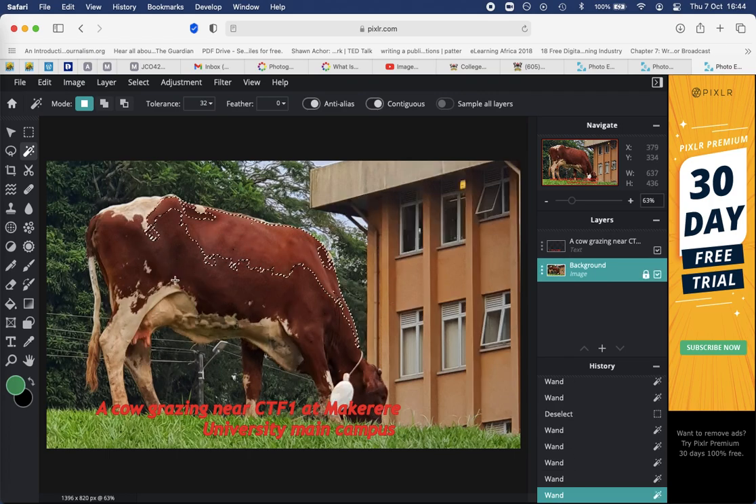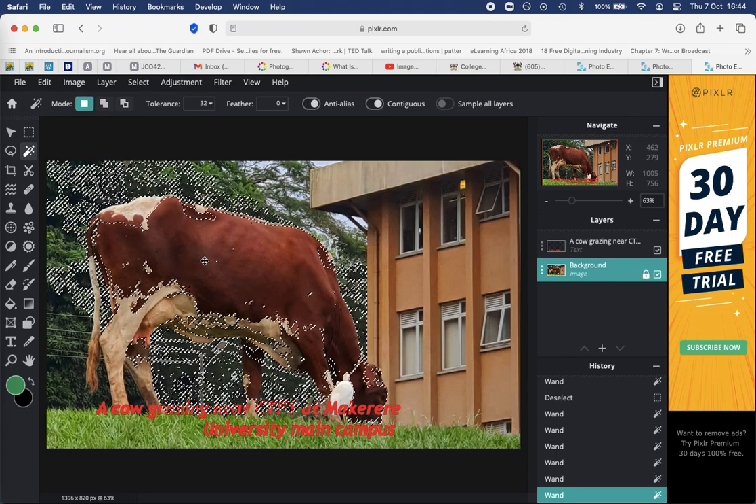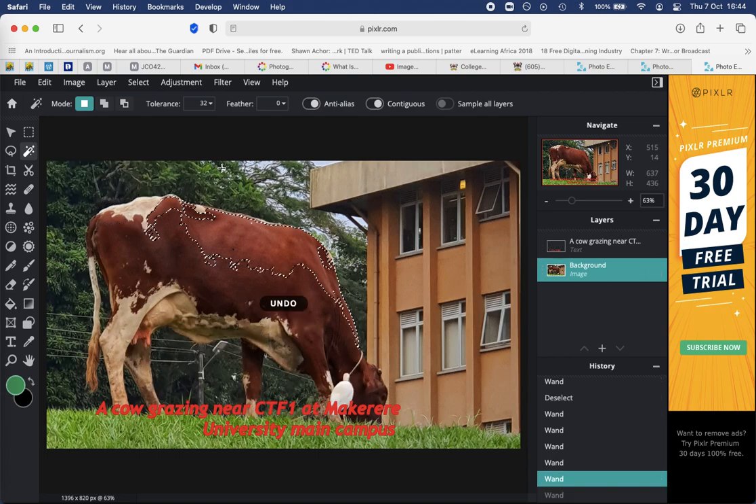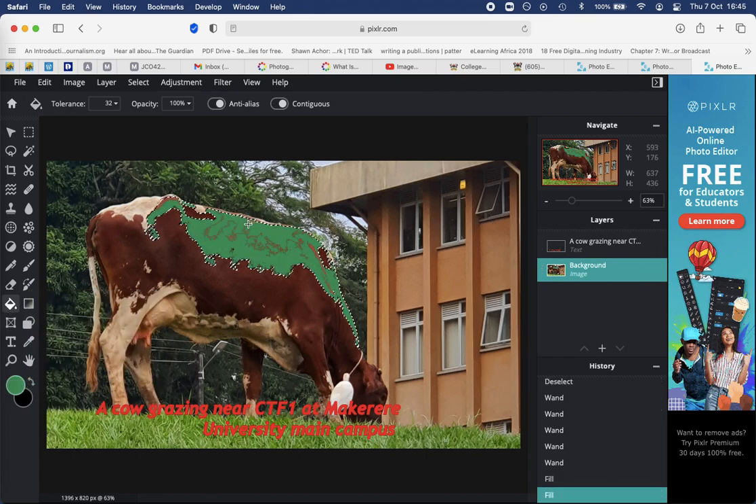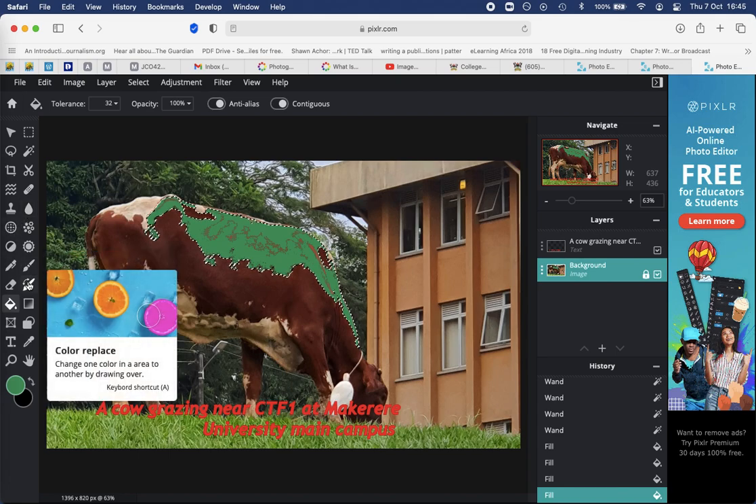Okay, now it's becoming too sensitive. Okay, so let's do that, and you can see that I've selected this part of the cow. Let me leave it at that. And again, we can make changes to it. We already looked at the fill tool, so I can choose to fill it with a different color, you see? So that's another selection tool that we can use to select parts of images that we are